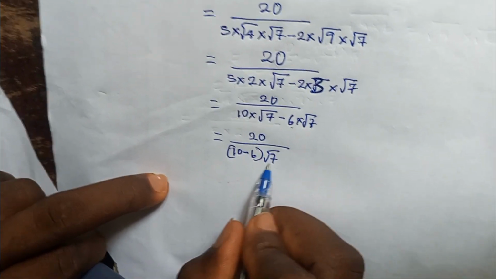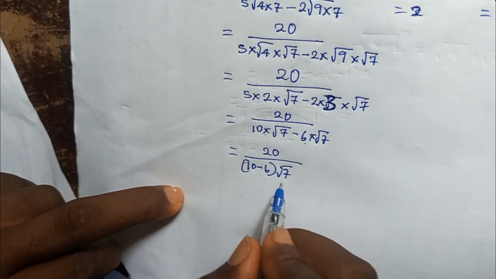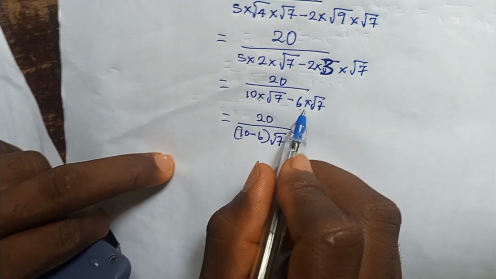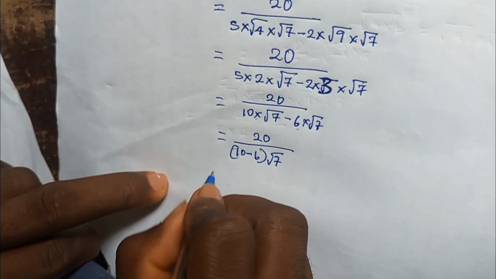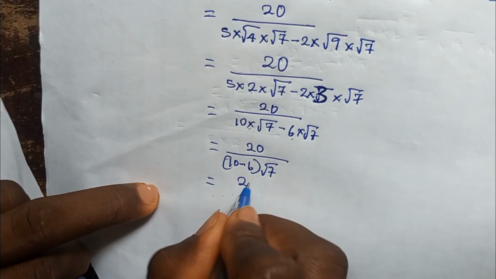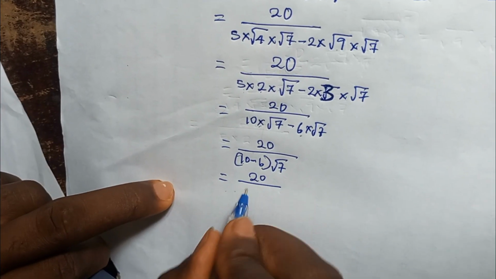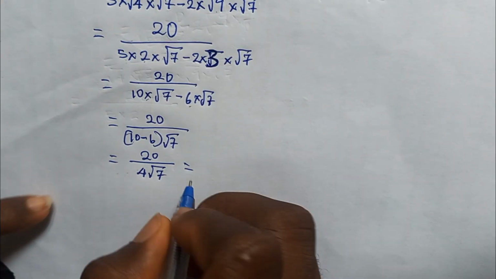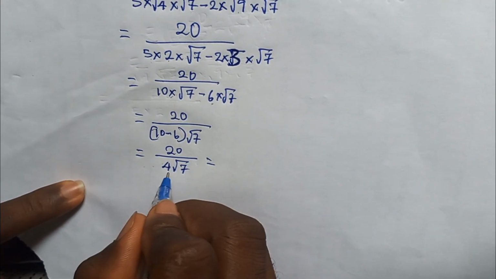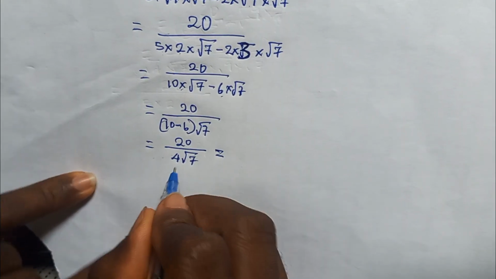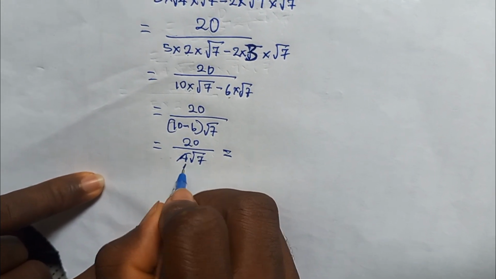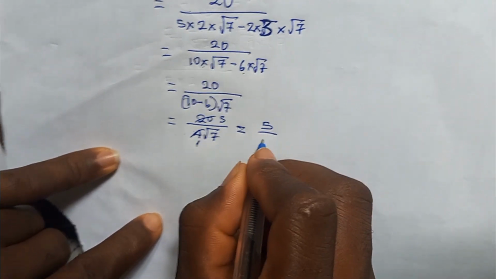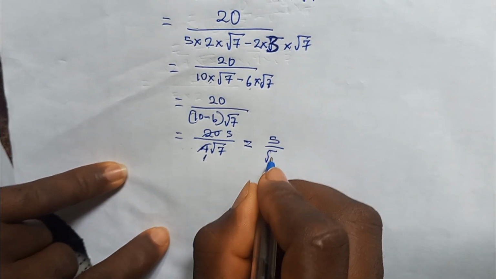So that root 7 times 10, we have that; root 7 times minus 6, we still have minus 6 times root 7. So this now equals to 20 all over 10 minus 6 is 4 root 7. So 20 all over 4 root 7 is now equals to, 4 into 20 is 5 times. So we have 5 all over root 7,